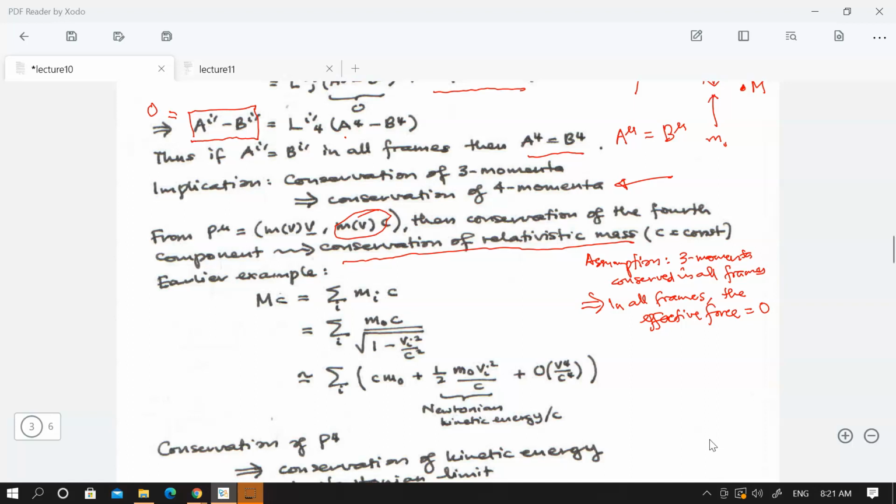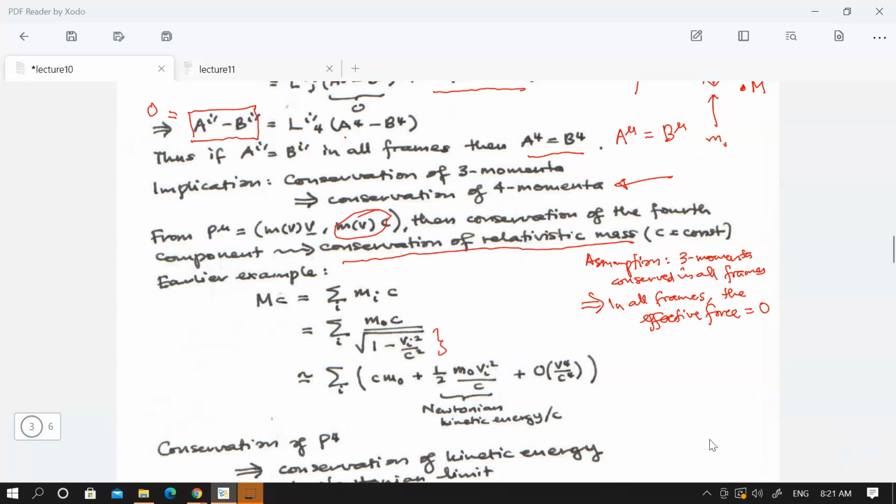The momentum component is now given by the relativistic factor times the rest mass times c for each particle. One of them might already be at rest, but the other particle will not be. So we have this factor coming in, and if you expand this part of the term,